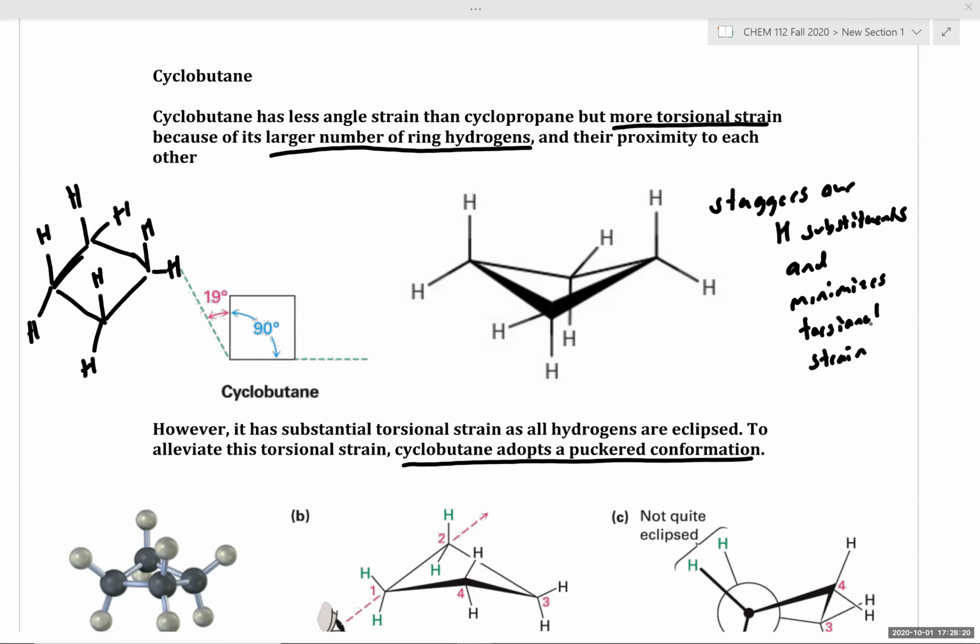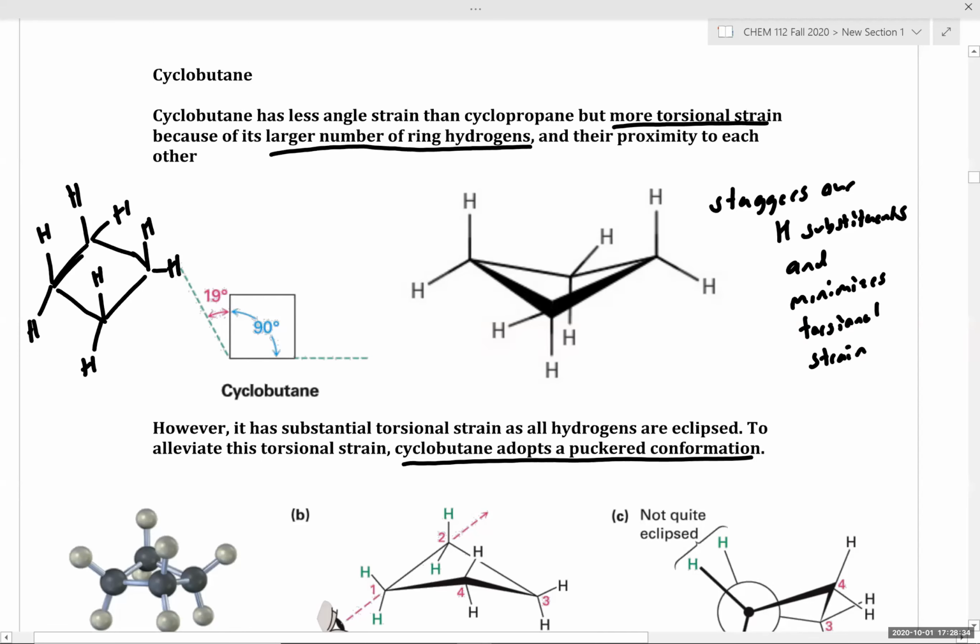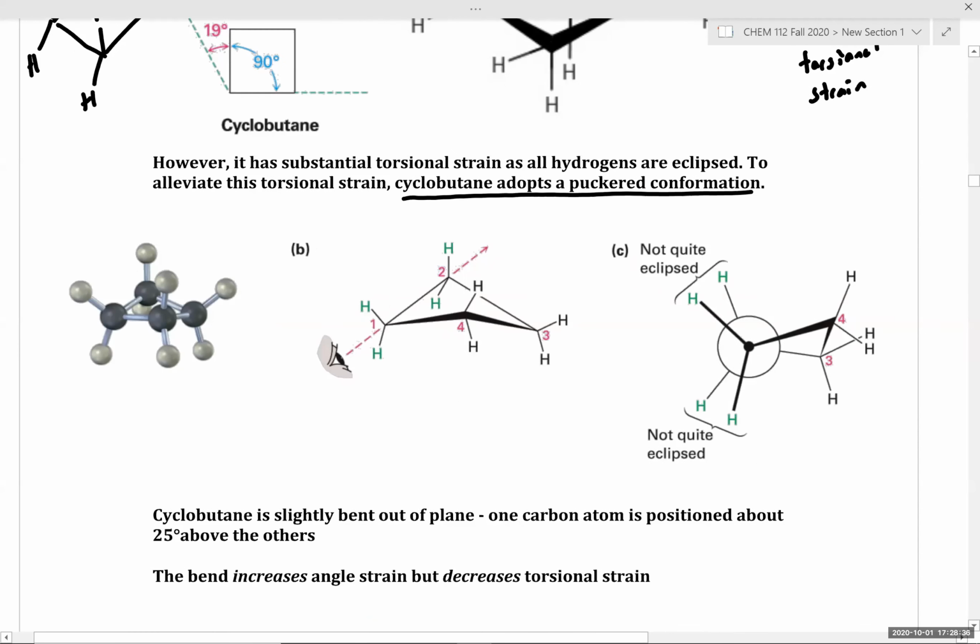This is a common phenomenon for larger ring systems, where the ring will pucker and adopt a 3-dimensional conformation to minimize these torsional interactions. So let's look at an example. If we look at the puckered